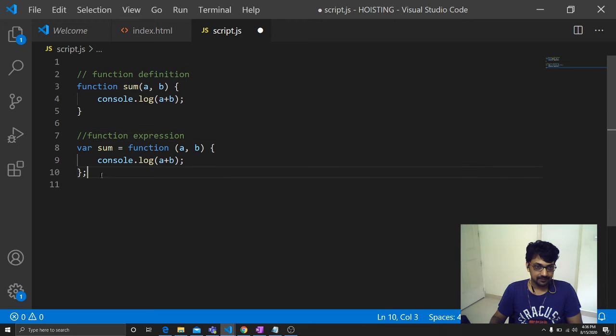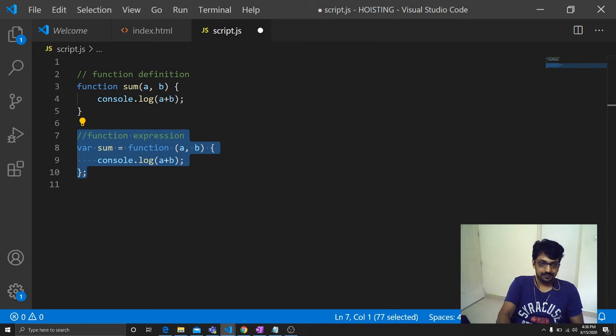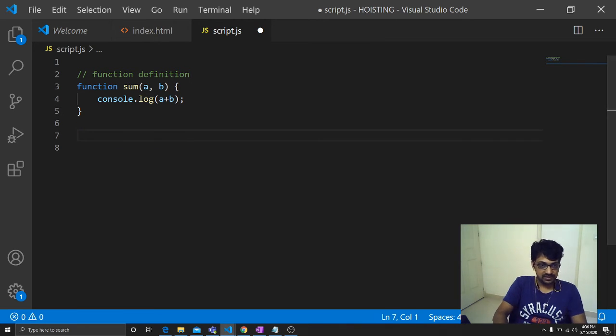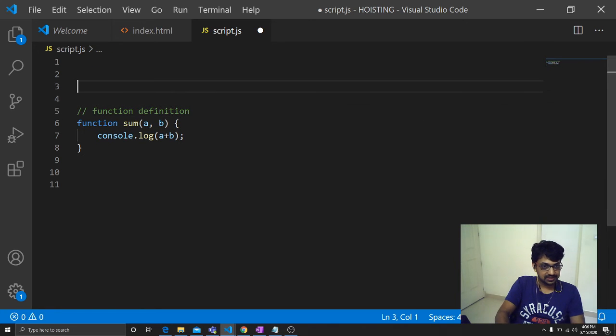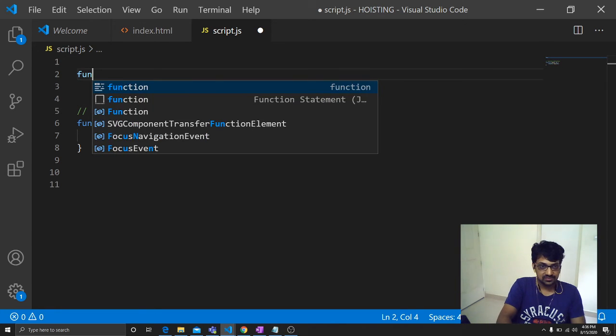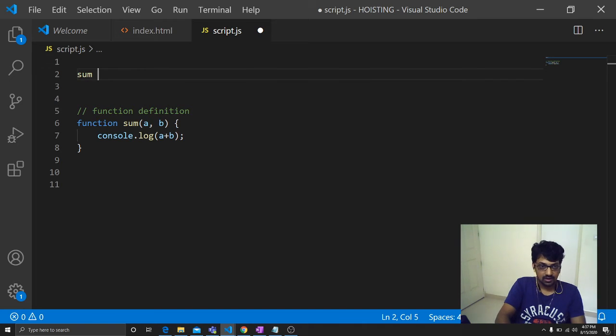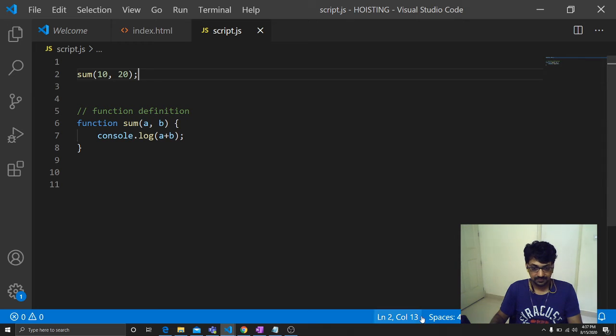So for the time being, I am removing this and I'm calling this function on top with 10, 20 and saving this. So let's see what the output is.